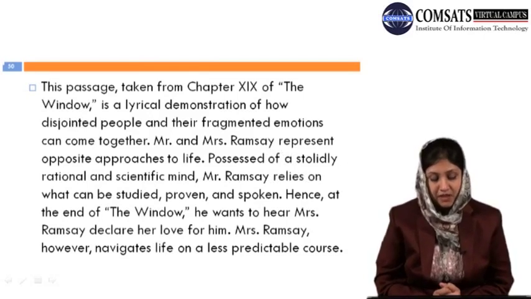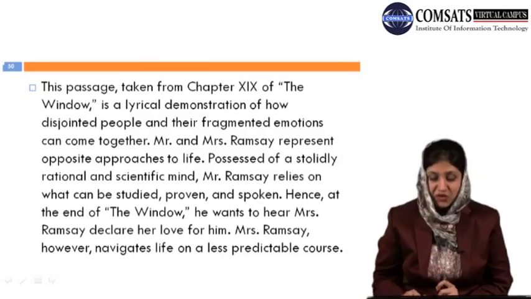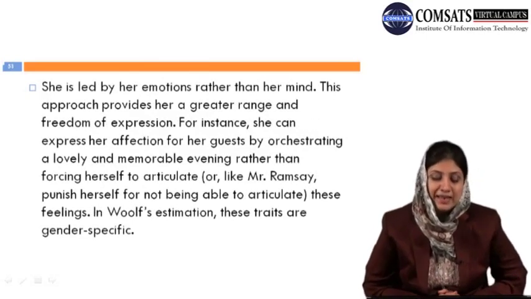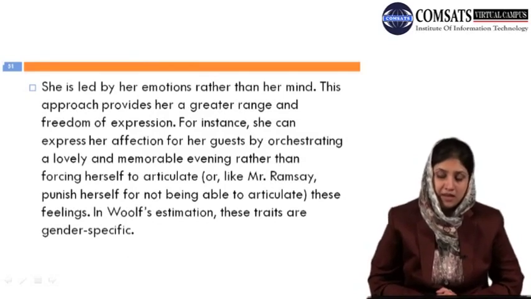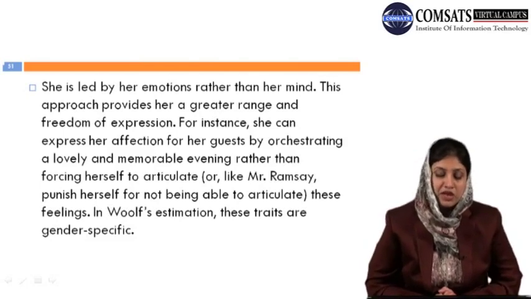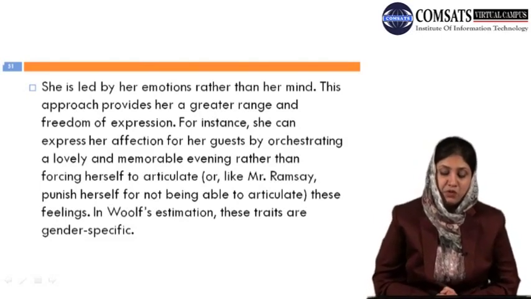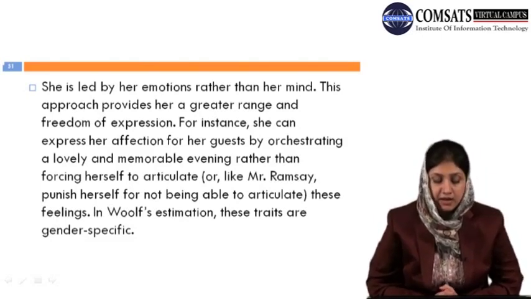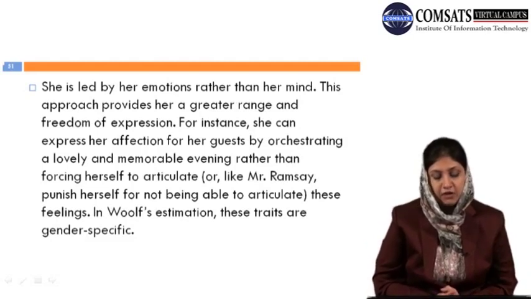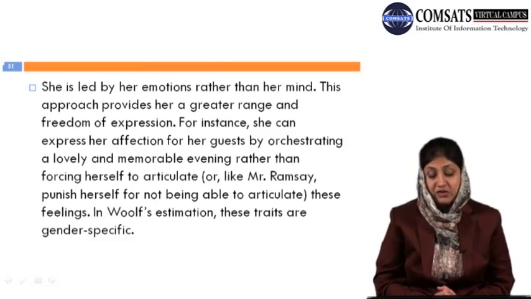However, Mrs. Ramsay navigates life on a less predictable course, and she does not articulate it. She is led by her emotions rather than her mind, and led by her feelings rather than her logic. This approach provides her a greater range and freedom of expression. For instance, she can express her affection for her guests by orchestrating a lovely and memorable evening rather than forcing herself to articulate, or, like Mr. Ramsay, punish herself for not being able to articulate these feelings. In Woolf's estimation, these traits are